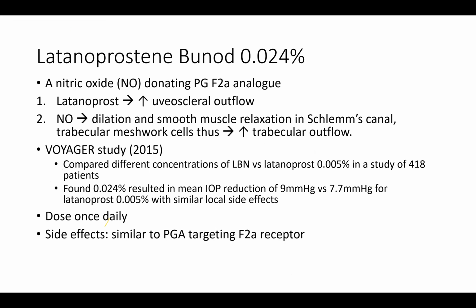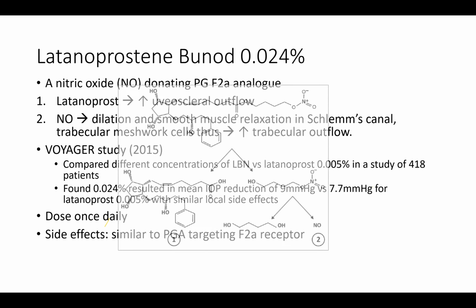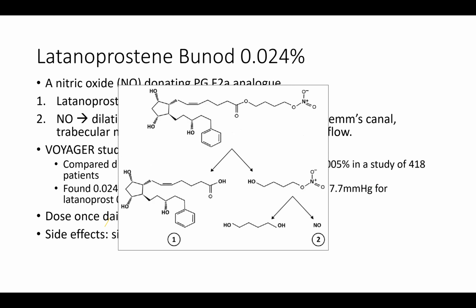Latanoprostene bunod is a drug that is a nitric oxide donating PGF2 alpha analog. So what this means is that the drug itself metabolizes into 2 agents. So one is latanoprost, and the other one is butanediol, which